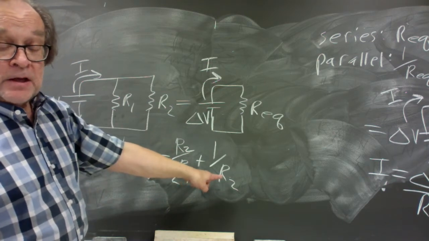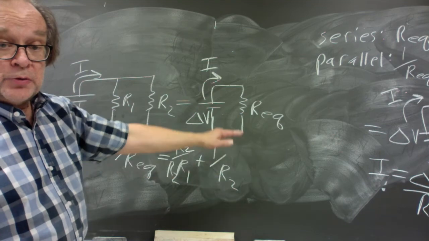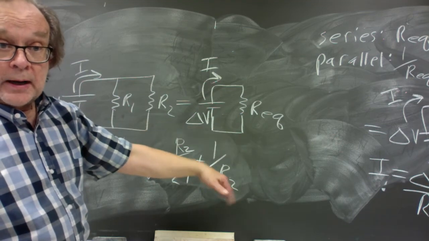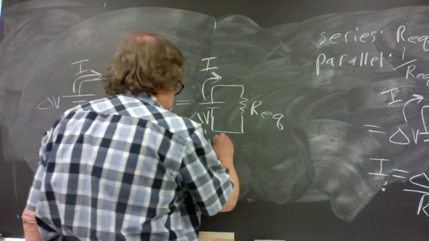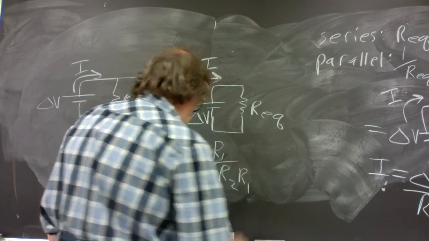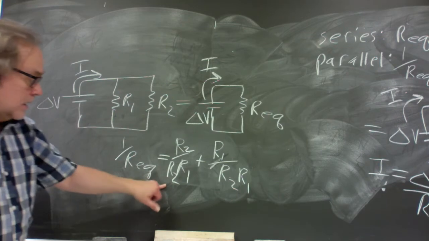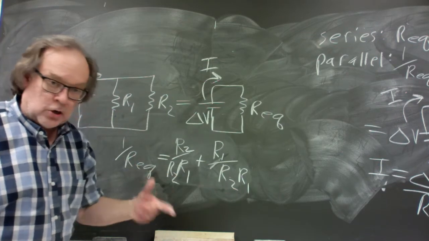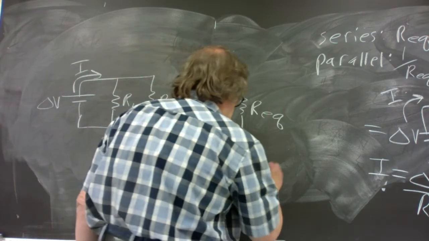And similarly, in order to get R2 times R1 here, you multiply numerator and denominator by R1. So now we've got a common denominator, R2 plus R1, so the sum is